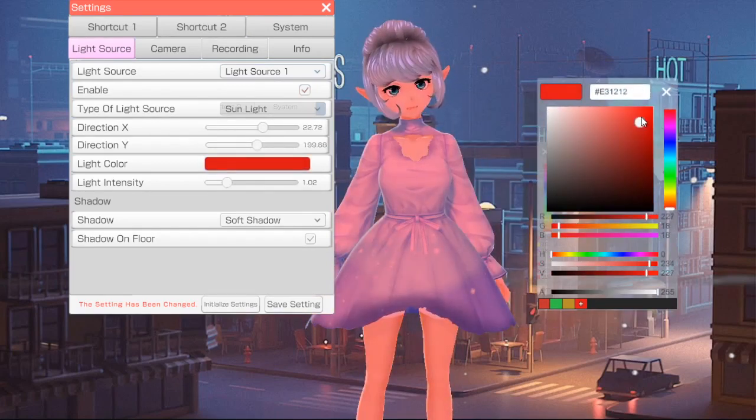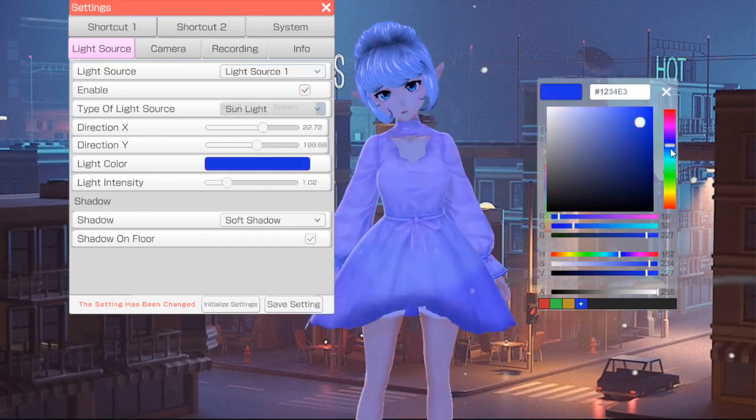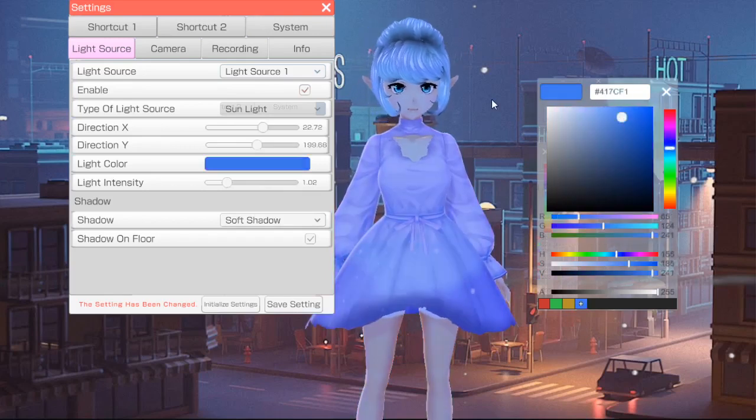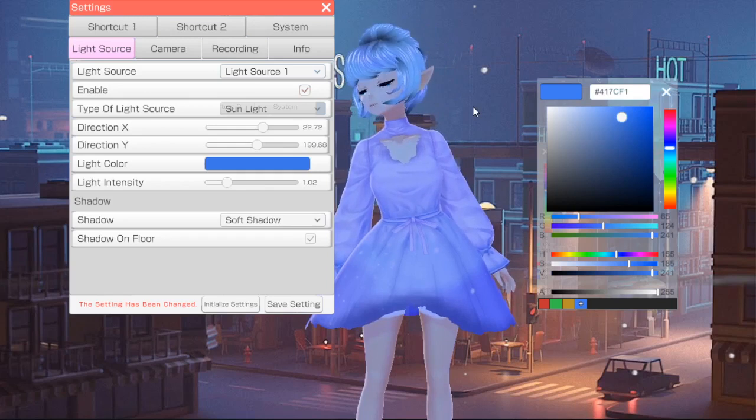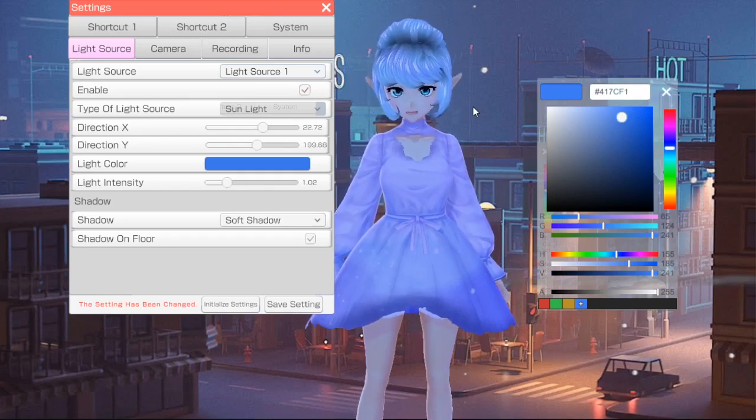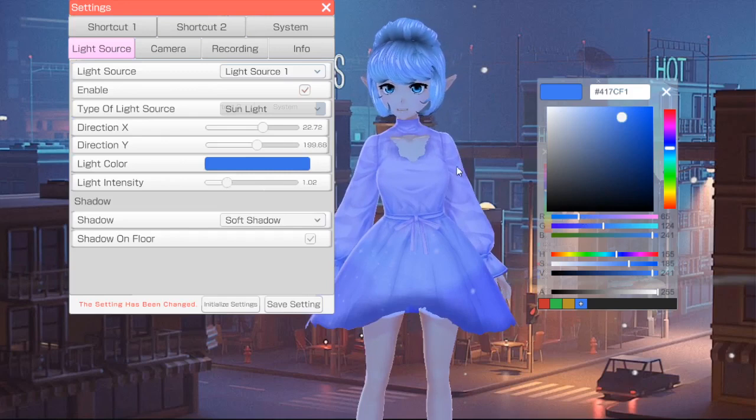If you want your lighting to be red, you can go there. And for an example, we're in like a bluey orange world right now, so maybe I want to go with this blue tone. See how this puts my character way nicer into the background? It sets her there. It feels like she's actually a part of this world. That's something you're really going to want to use a lot if you like to switch backgrounds and talk to your chat or talk to somebody using different kinds of backgrounds. This could be super helpful for that. You can play with that.